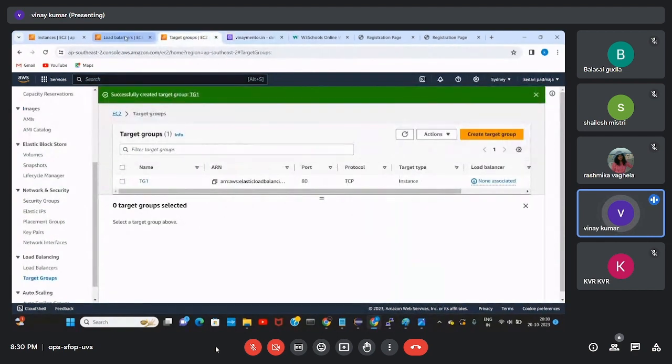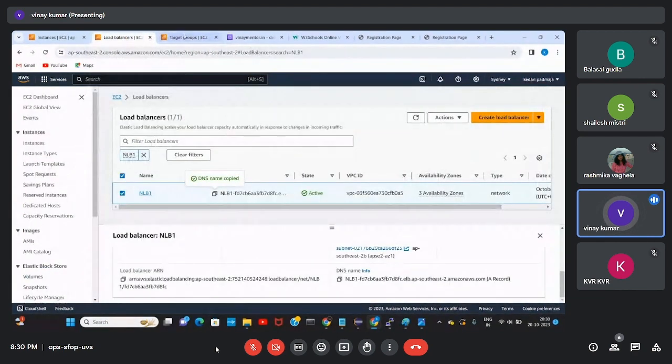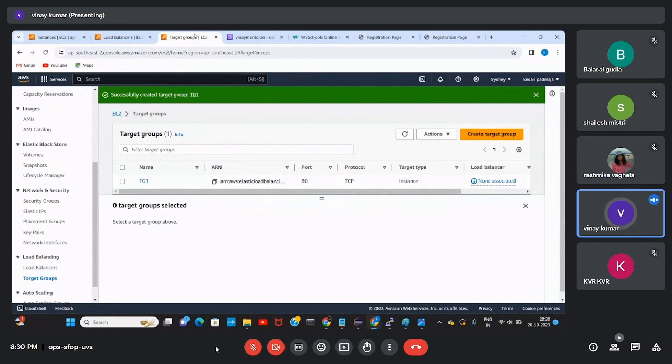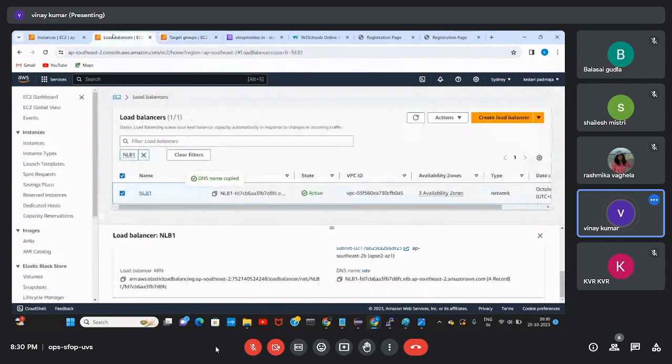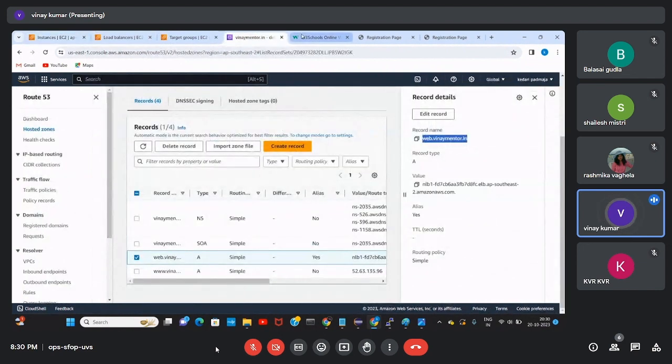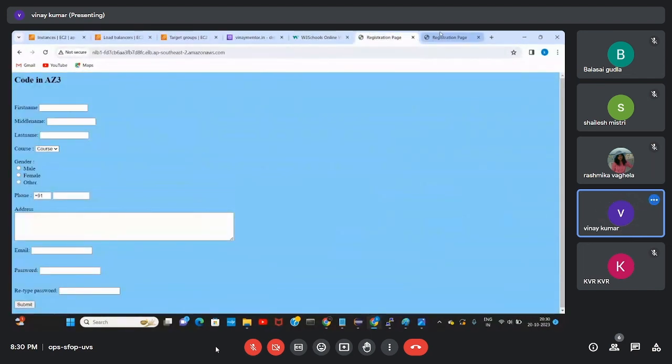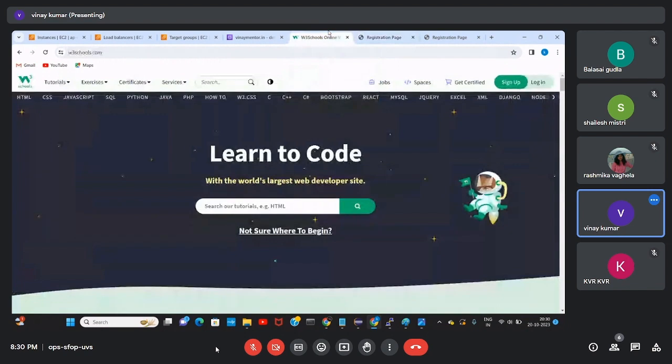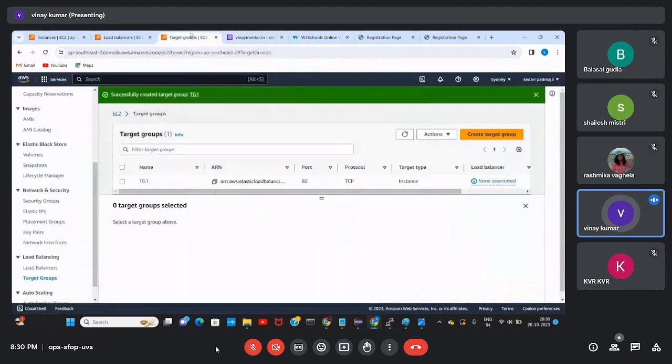But whenever I complete the practice, I need to delete load balancers and target groups. Also NAT gateway and Elastic IP will get a bill. Some of the things will get a bill. You need to spend because we need to learn. If you think about the bill and don't practice, you will never get knowledge. Some things we need to give for getting knowledge.